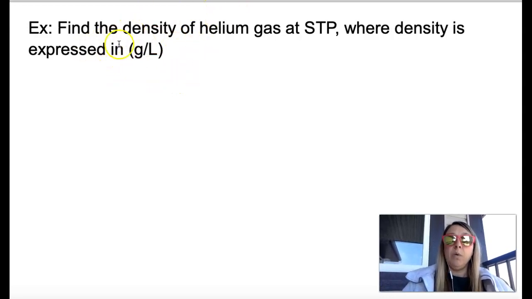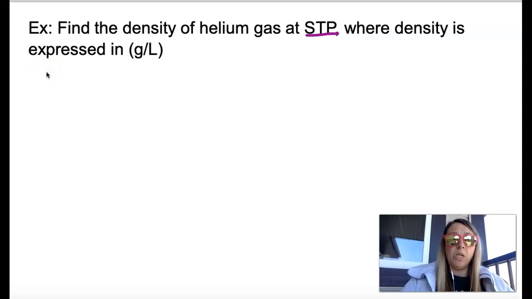Okay, so we want to find the density of helium gas at STP. So really, if you look at this question, you might originally think, wait a second, this hasn't actually given me anything. But it has. It's given me STP, right? Standard temperature and pressure. Okay, so at STP, we know that pressure,